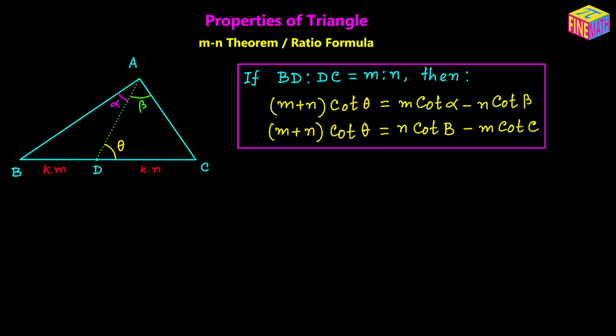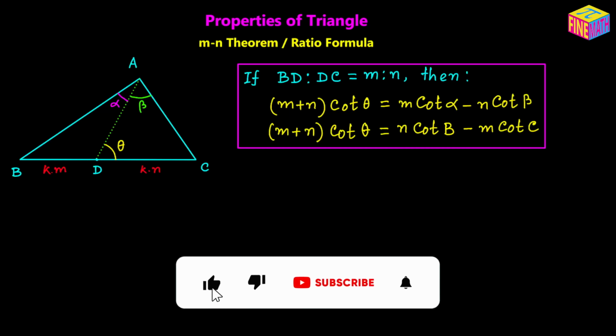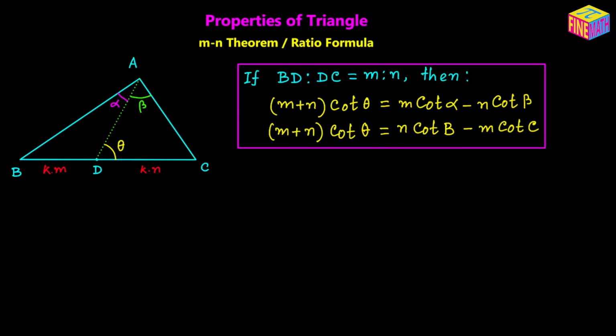Hi everyone, in this video we are going to prove the MN theorem, which is also known as the ratio formula. If we have a triangle ABC and D is a point that divides the side BC in the ratio m:n, and AD makes an angle theta with the side BC, and angle BAD is equal to alpha and angle DAC is equal to beta, then we have to prove that m plus n times cotangent of theta